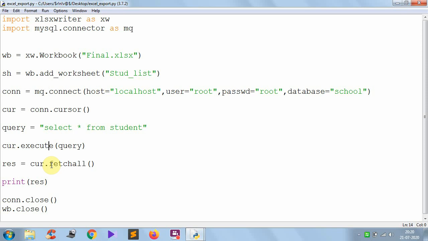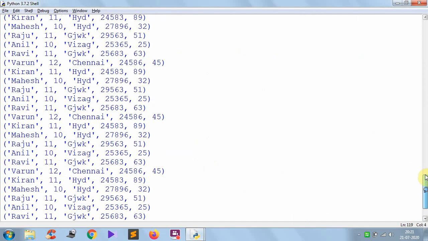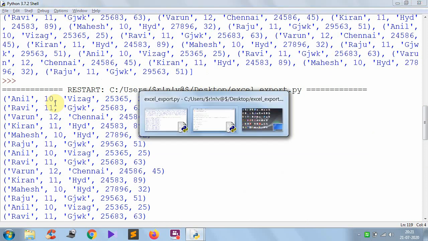So let us see. If it is a list, you can iterate by using the loop for k in res. If res is a list, this is the way you can print each item in the list. Each item is one line. See that, this is each line from the table. This is the first line, this is the second line, this is the third line, and so on. Here each line is given in the form of a tuple. So these tuple values also can be accessed by using the index. You know that lists and tuples can be accessed in the same manner.